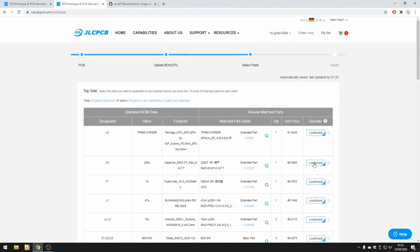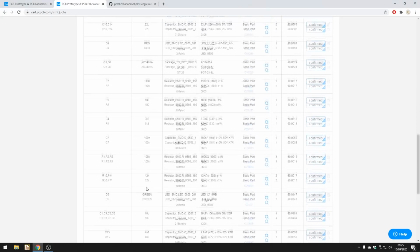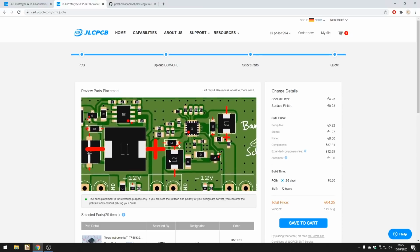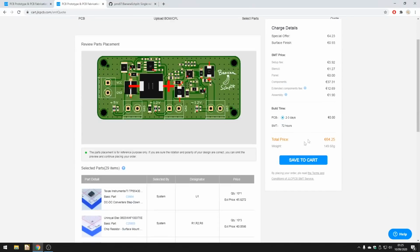Now JLCPCB will show us our uploaded bill of materials data and what the automated system thinks it is. So typically you would go through the left and right side to make sure everything matches up, and I've already done that for you. So click on next, right at the bottom of the page. Now we can review the parts placement, if everything's orientated correctly, and I've already checked that for you as well. So if you're happy with that, you can check out the price, and for